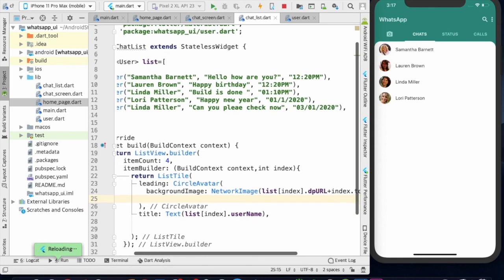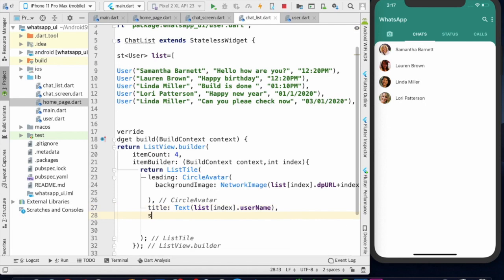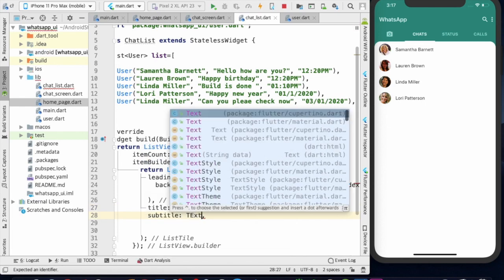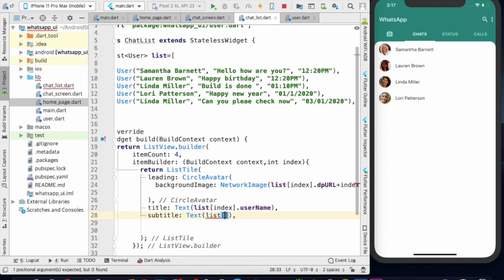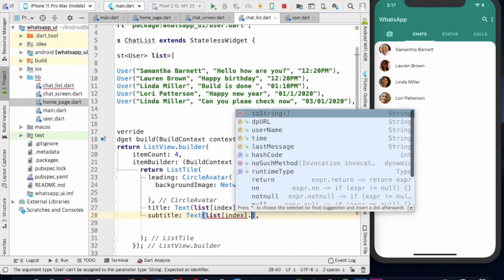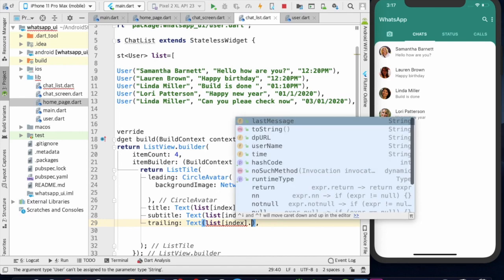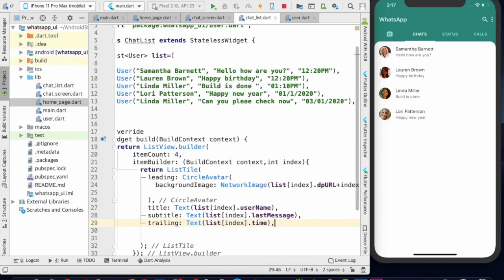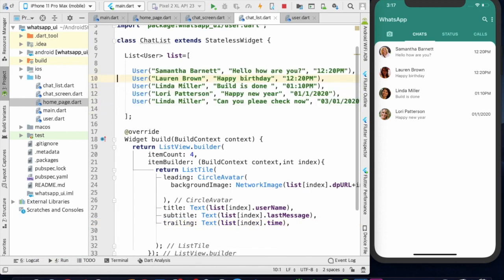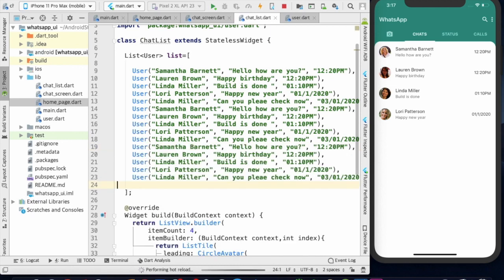perfect, we got it. Then we have the option here to set the subtitle. Subtitle means text, list, index dot last message, and trailing, text, list, index dot time. Yes, this is what we want. And if you just copy paste, if you want to see a big list, okay, it is not coming, then run,